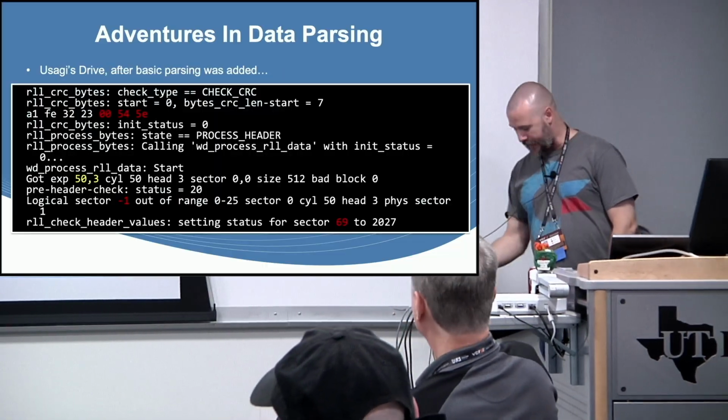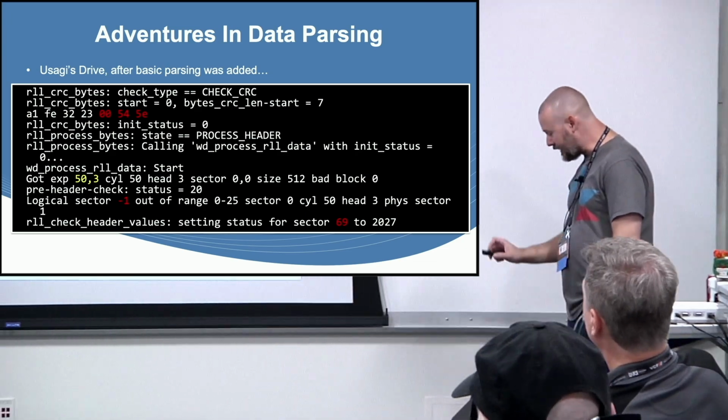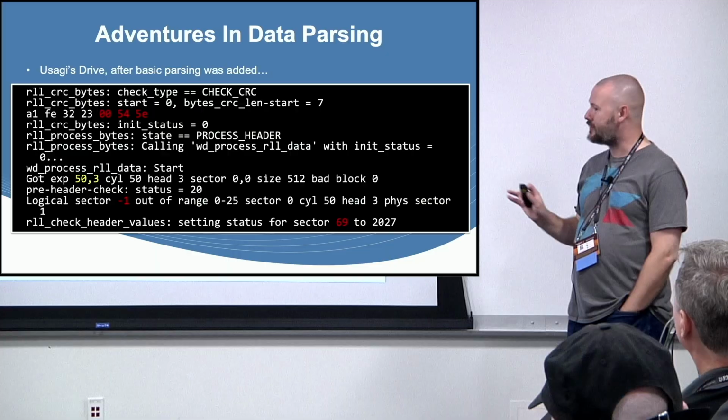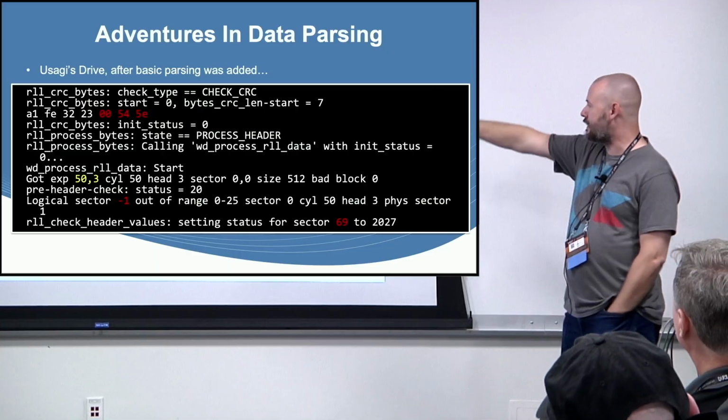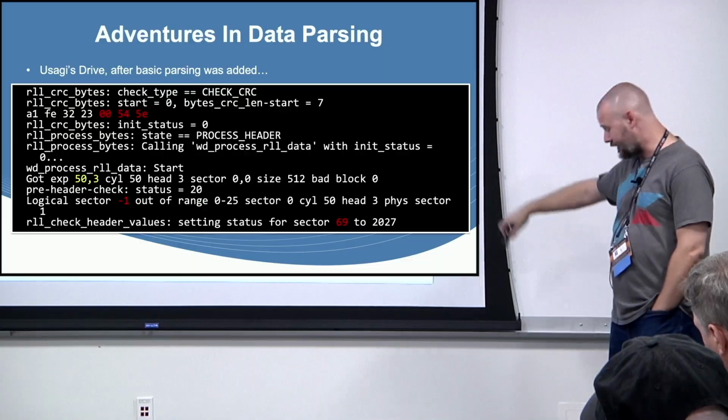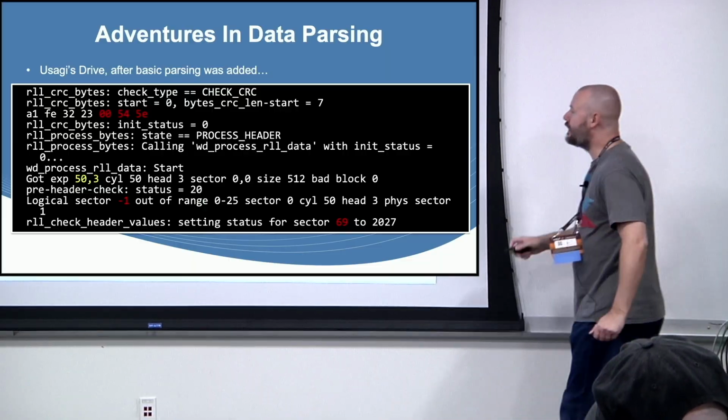So after I added that code to the guest-line device and started running Usagi's drive through it, you can see some of the debug output. I know a lot of it's cryptic, a lot of it is crazy. The main things I want to point out here,